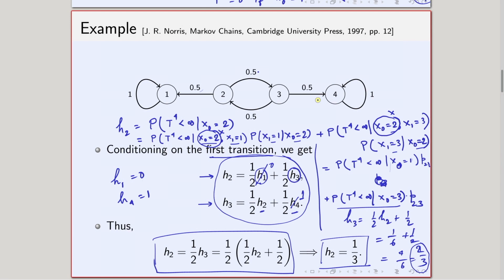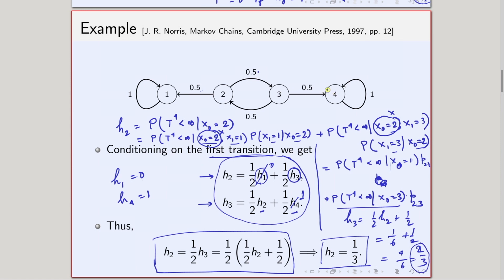Okay, and this is very, very intuitive, because if I start from 2, then I have to basically first go to 3 and then go to 4, and on the other hand, in one step I will go to 1. So there is less chance of absorption in 4 if I start from 2 compared to if I start from 3. That is intuitive, because from 2, 4 is far ahead, whereas 1 is close enough. If I go to 1, I will be stuck there. On the other hand, from 3, 4 is closer compared to 2, and so that probability is higher.